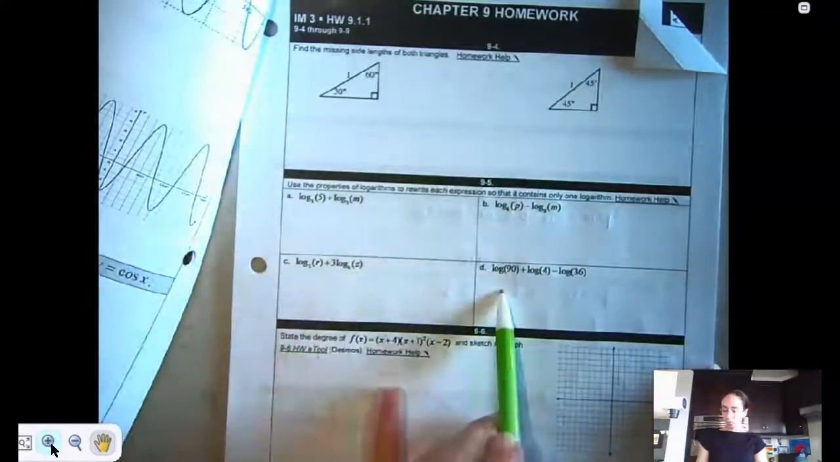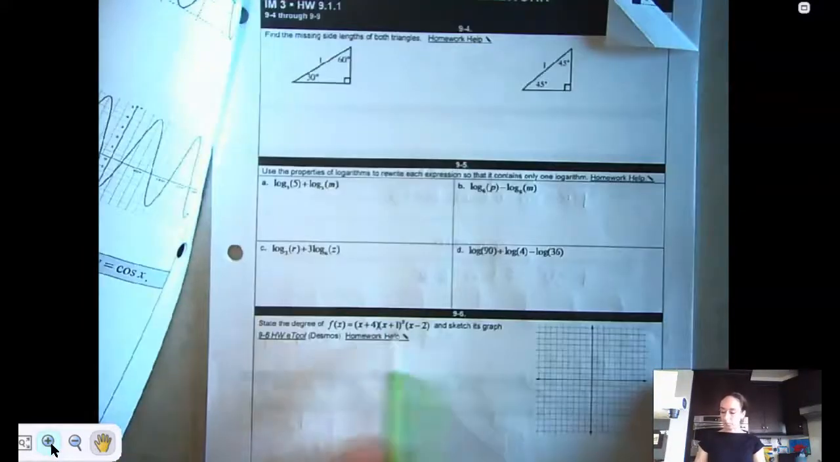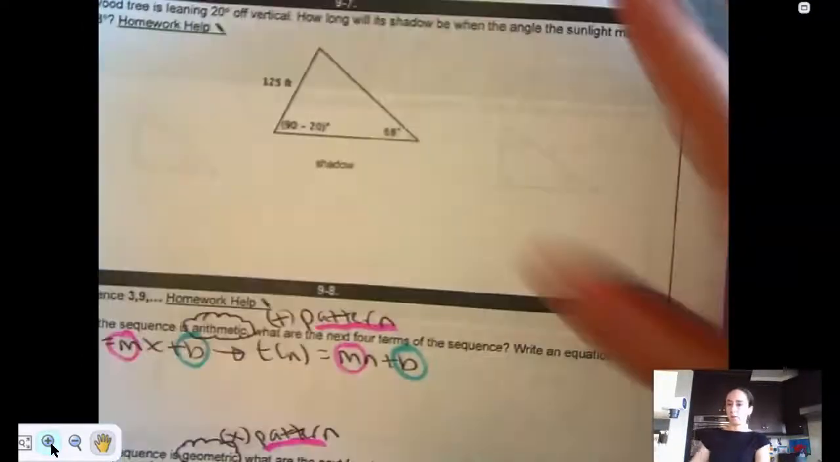Everything is normal. You can do the 30, 60, 90, 45, 45, 90s. This is just simplifying. This is just graphing. No big deal. Let's go to the back because you're going to notice some changes. So I want to make sure you're solid on that. No changes for 9.7. I want you to think of,